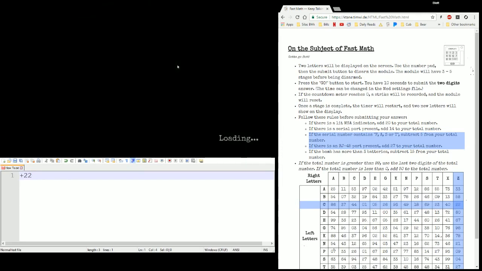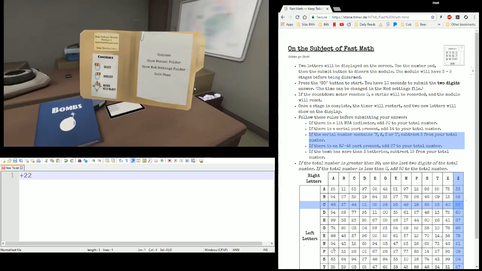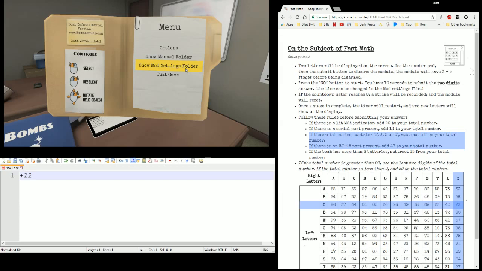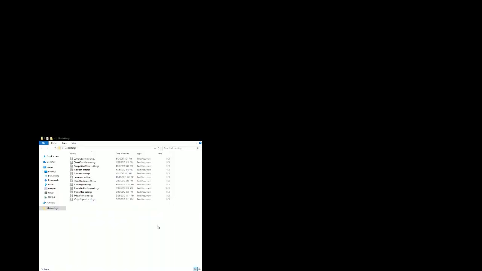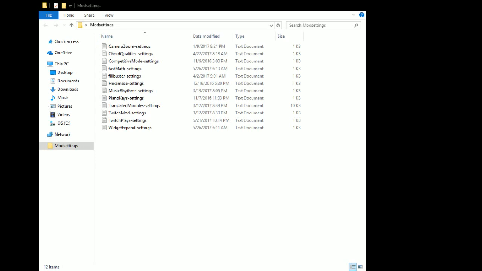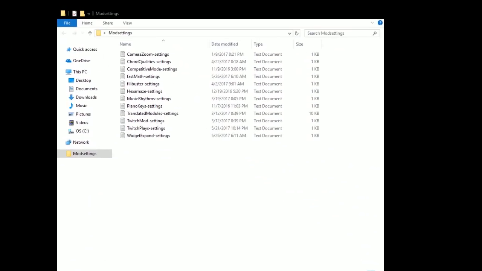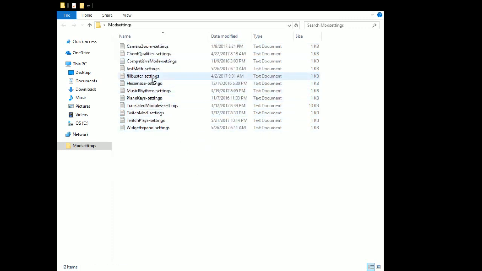Now, for completeness sake, as I said, this is kind of on an extended timer. If you go here to the menu and hit Show Mod Settings Folder, that, I'm going to put it on screen here for a second, is going to bring up a folder that looks like this. Several of the mods actually have mod settings. These are all the ones I have. But we're doing fast math,